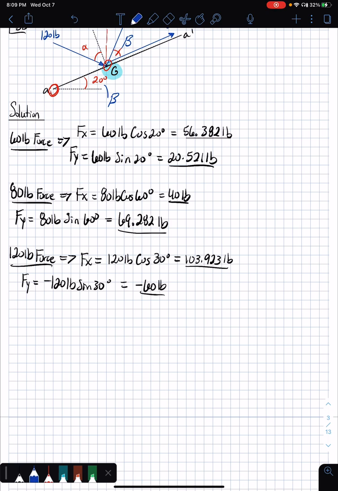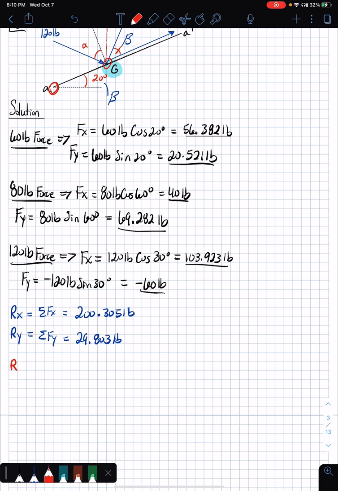Now that those three are done, we can find our total resultants in the x and total resultants in the y. All you do is sum the forces in the x and sum the forces in the y. I'm going to go ahead and let y'all do that math. It will come out to 200.305 pounds and 29.803 pounds. To find our total resultant, you just take the square root of the sum of the squares: the sum of the x, squared, plus 29.803, squared. Our total resultant comes out to